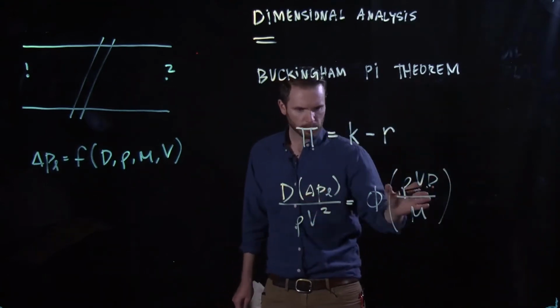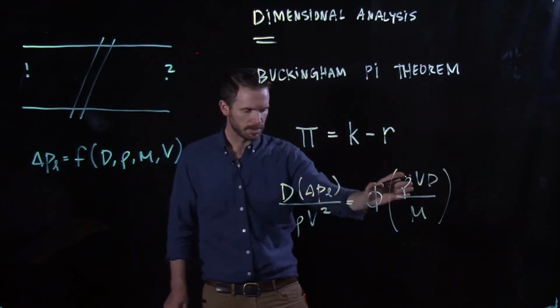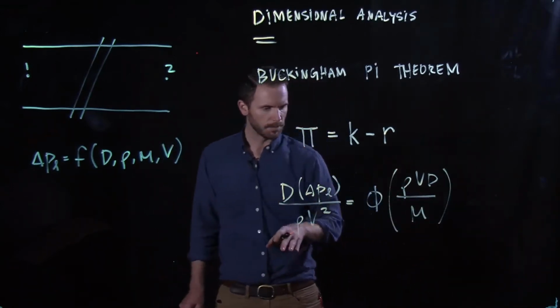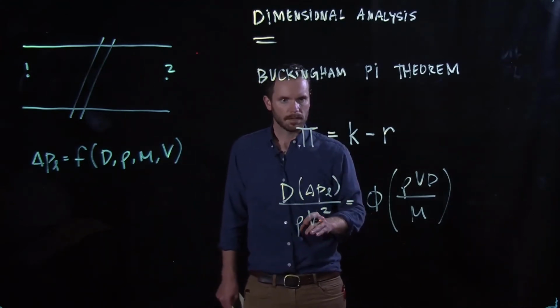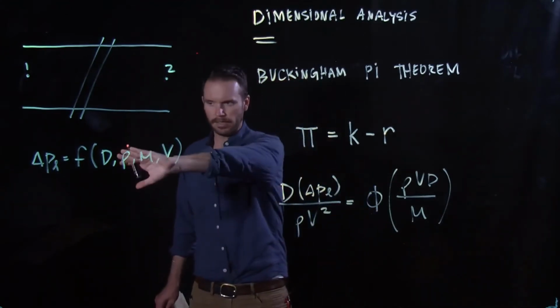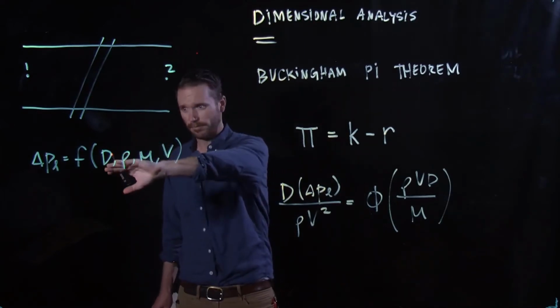Now recall we had this relationship. We went from these 5 variables down to these 2 dimensionless parameters, and this made our lives easier in terms of taking experiments. Now, if we were starting from scratch and I have a system that can be described by 5 different variables,